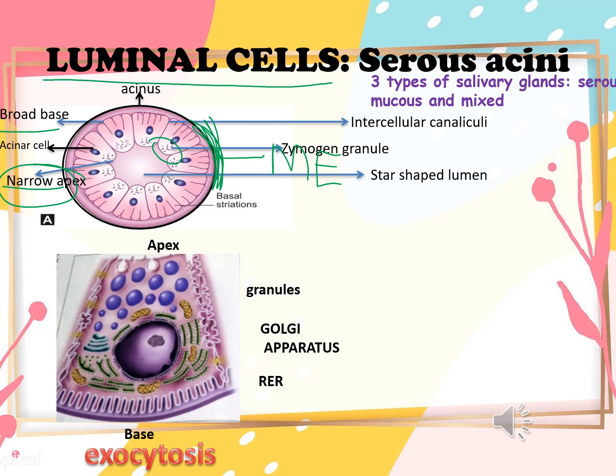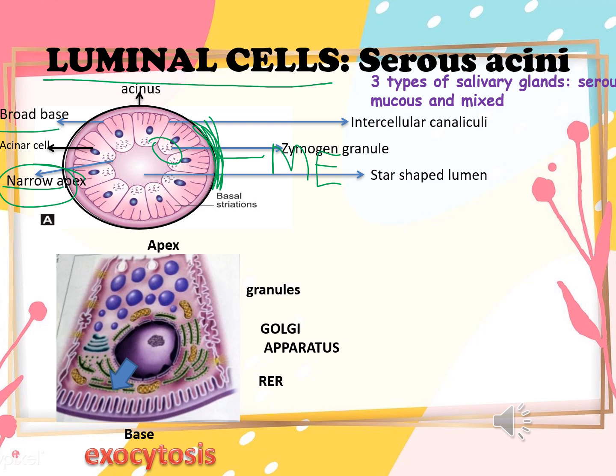So yes, when they grow and mature, they become darkly stained. When the acinar cells are at rest, meaning they are not producing saliva, then numerous zymogen granules can be seen. But when they are active, performing some function, then because of exocytosis, many granules will be lost from the acinar cells. There will be fewer granules present in the cells. Now what is this process of exocytosis? It is basically a process in which the granules are secreted in the cells and expelled out into the lumen.